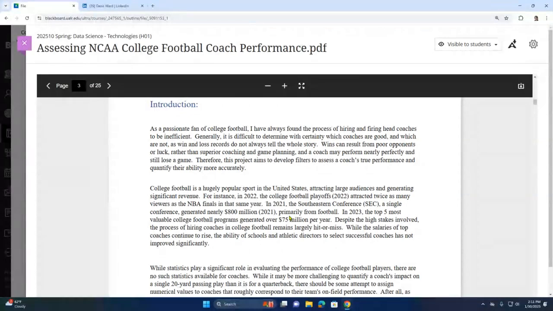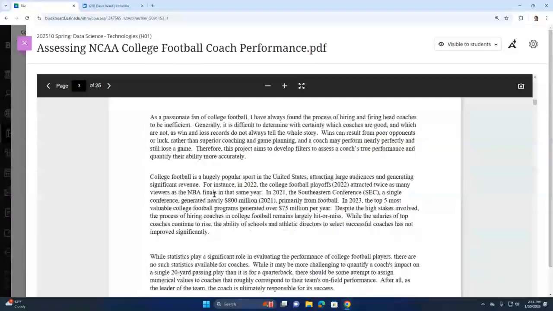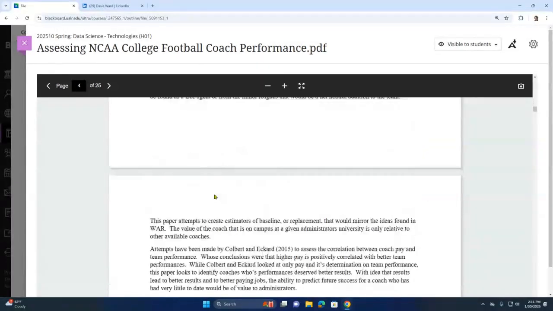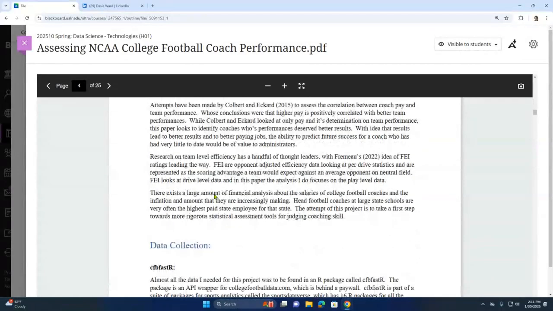A lot of the time, doing these projects, just like any project, you can't cover everything. Sure, were there other metrics he could have looked at? Certainly. But to keep his project manageable, he said, I'm going to look at 3 metrics. And so he's got his introduction, and he talks a little bit about how he looked at the